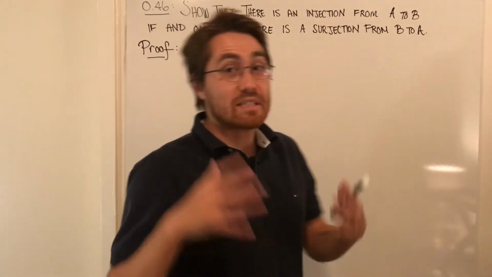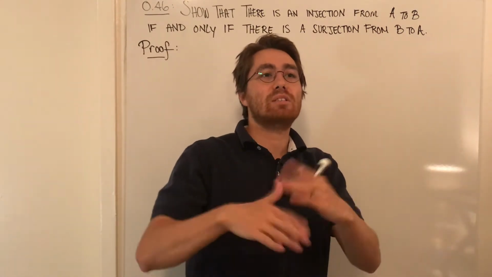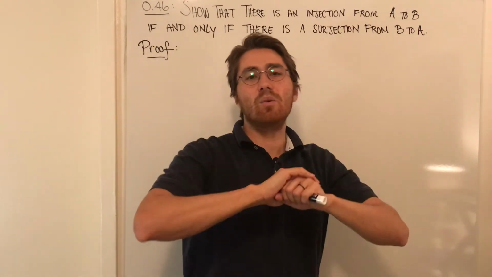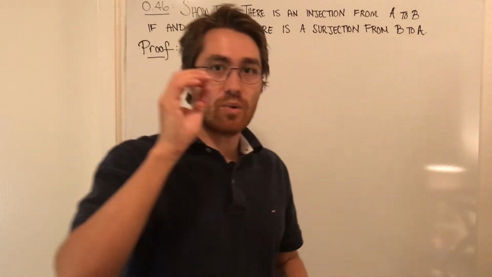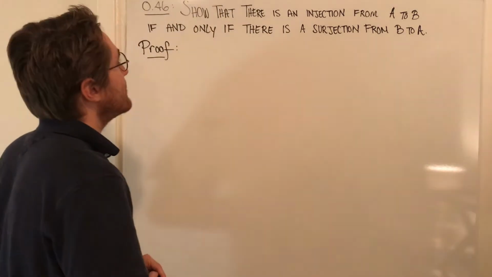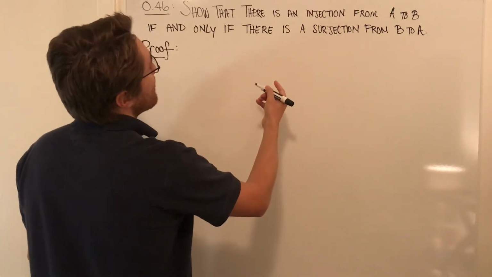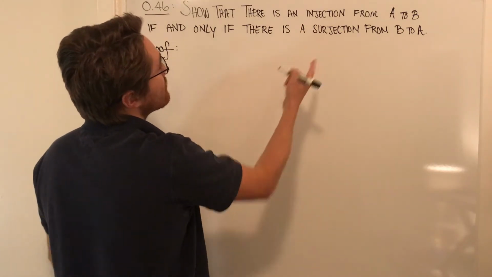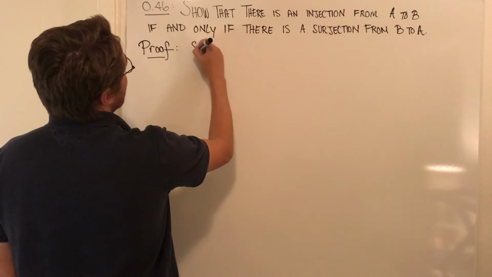Generally speaking, you don't want to scare off your audience right at the beginning. So you try to start with maybe the easiest conditional, even if it contradicts the order of the statements here, and then move to the harder conditionals. So in our case, the easier statement to prove is going to be showing that given an injection, you can get a surjection. So to that end, let's get started. Suppose